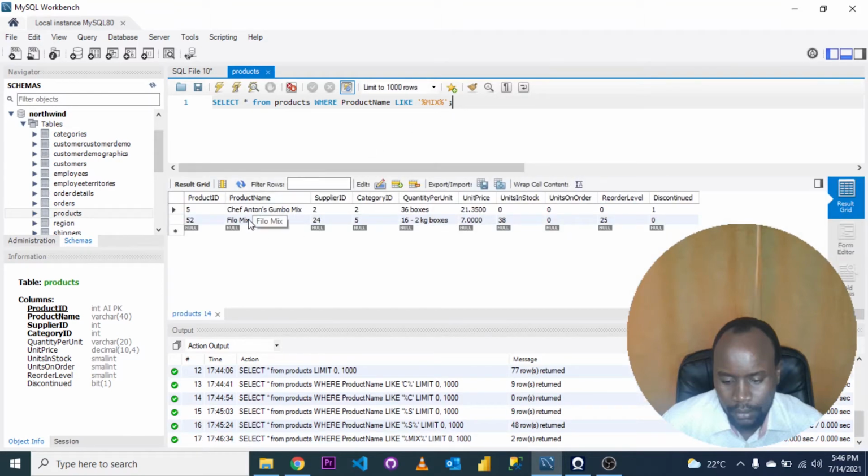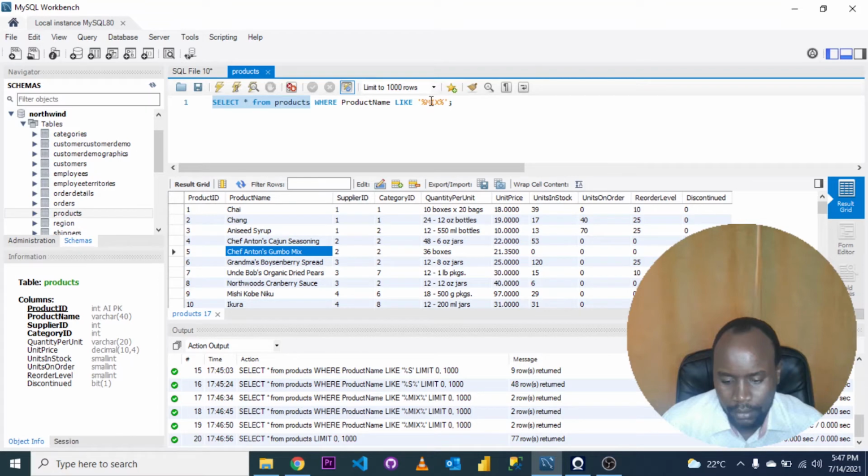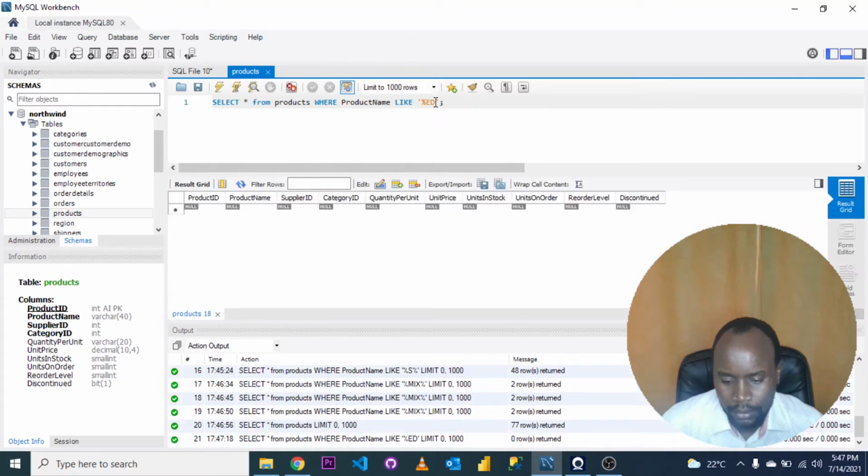So we only have two that have mix anywhere, but if we execute only that, if we say maybe we remove this one and say ed, so this one should return all the records that end with ed. Seems there is none. Okay,